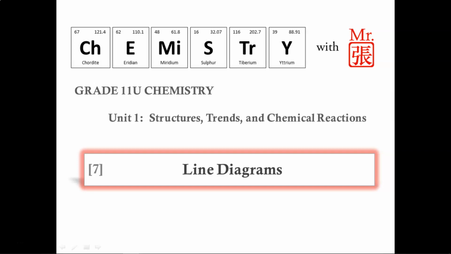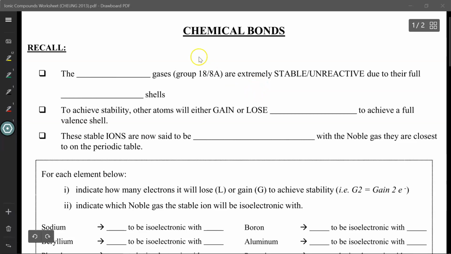In this video tutorial, we will talk about line diagrams. So before we begin, let's do a brief review of chemical bonds. The noble gases of group 18 or 8A are extremely stable or unreactive due to their full valence shells. To achieve stability, other atoms will either gain or lose electrons to achieve a full valence shell. The stable ions are now said to be isoelectronic with the noble gas they are closest to on the periodic